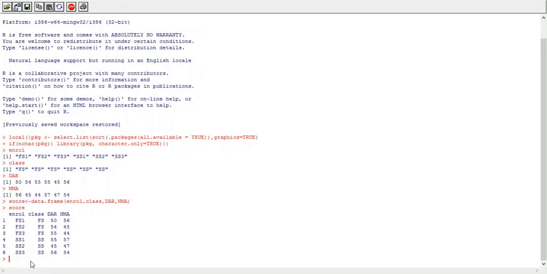Okay, now we'll see how to convert this wide data format into long data format. So to convert wide data into long, we have function melt, M-E-L-T. By using this function we can convert wide data format into long data format. So I am creating another data frame. Suppose melt dot score. I am melting this data frame. I am converting this wide data frame into long. So melt dot score equals to melt.